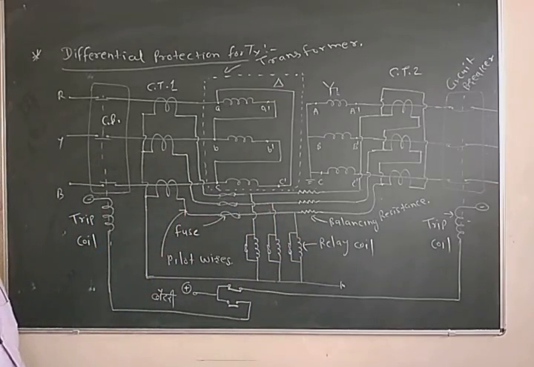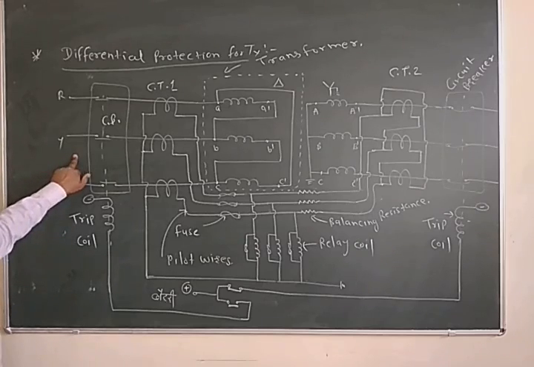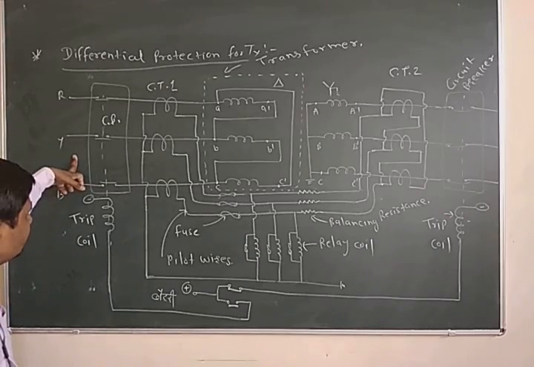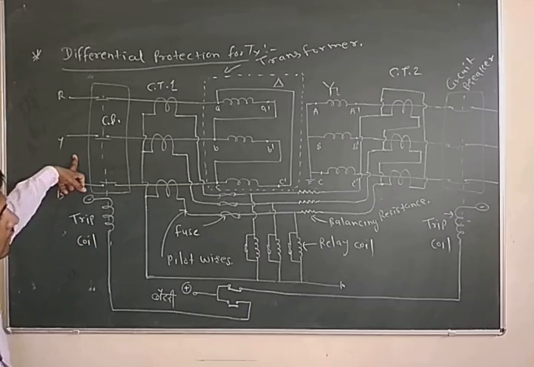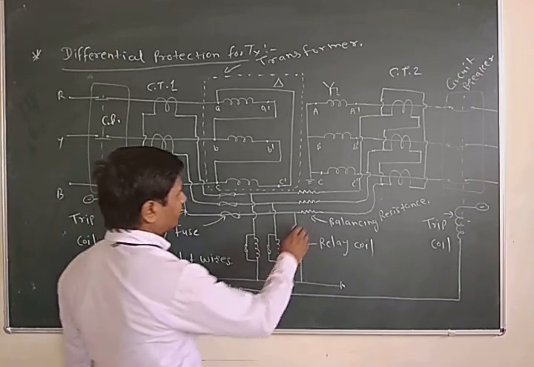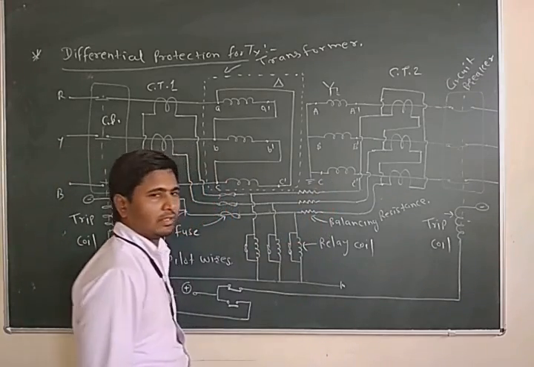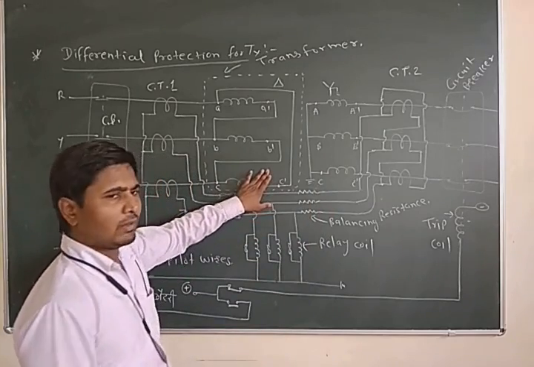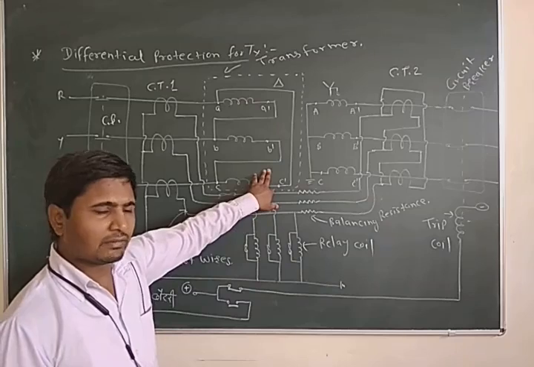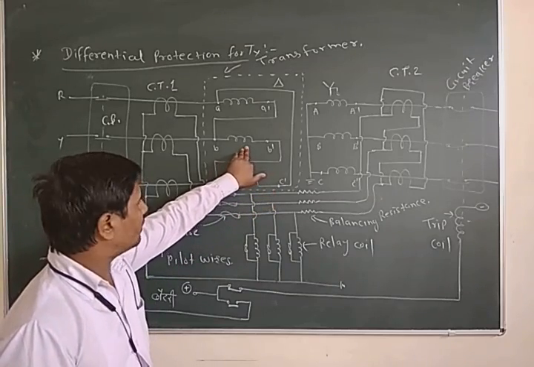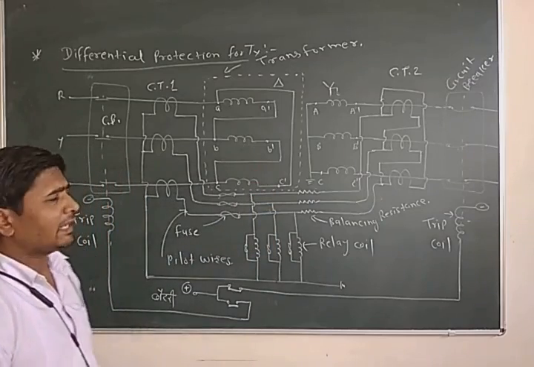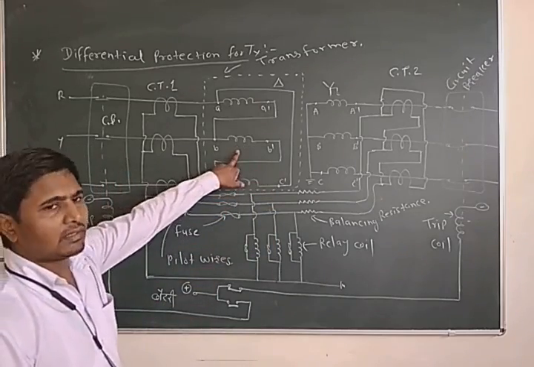Okay. Now next is when there is some abnormal condition, or we can say that if there is any fault in the circuit. Suppose we can consider a fault in the transformer. There may be any type of fault: winding to winding connection fault, phase to phase fault, phase to earth fault, or turn to turn fault. Any type of fault may occur in the transformer.